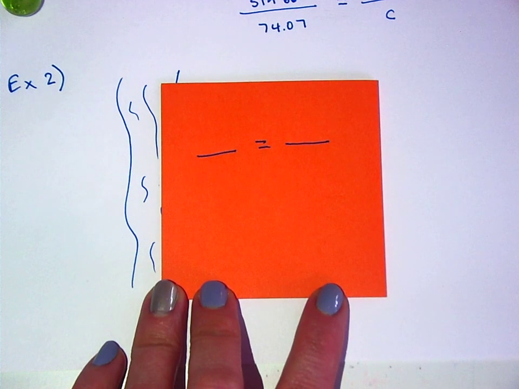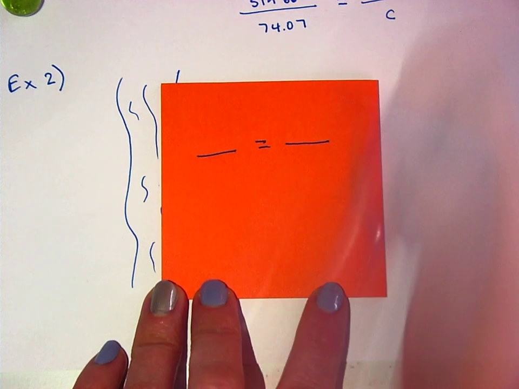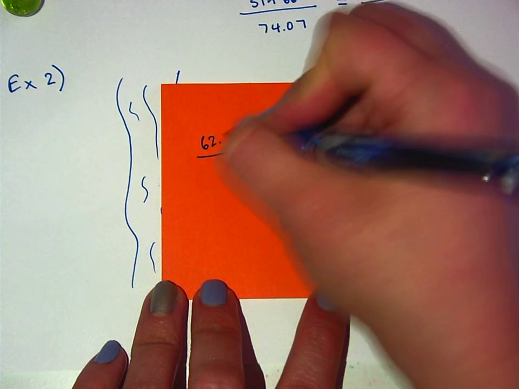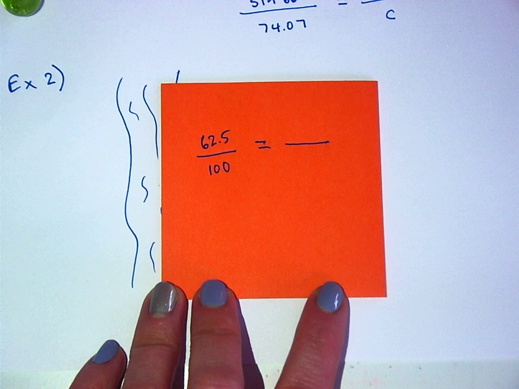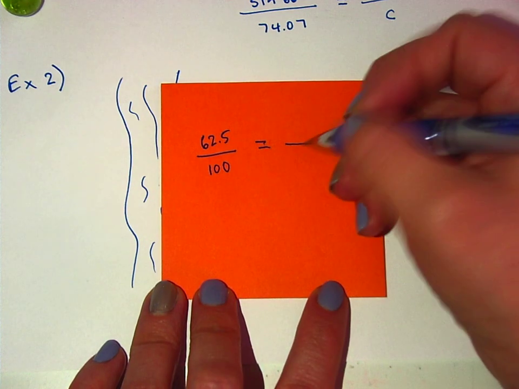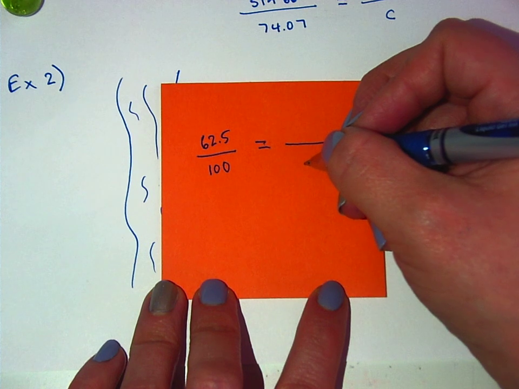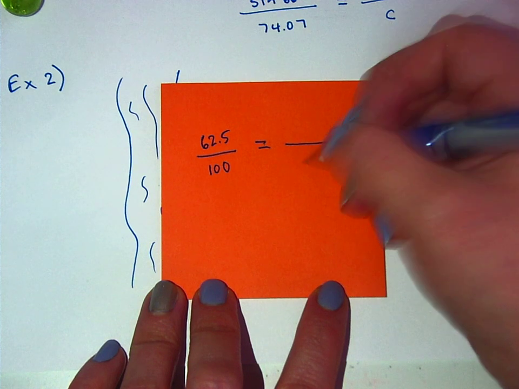Let's just say that I was 62.5 inches tall, which I am. And that is 100% of my height. And if I said, hey guys, I'm gonna jump twice my height. Yeah, right. But let's just say